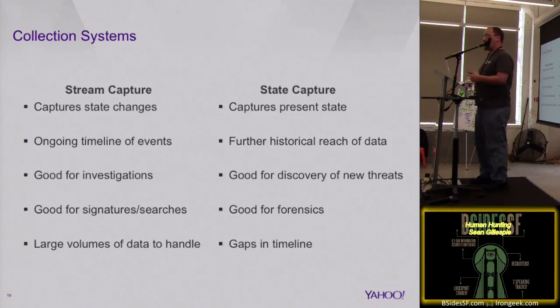It's also really good for discovery of new threats. Some of the registry stuff I was talking about, being able to take the snapshot of the registry across fleets to see what is there, what isn't there, what the baseline looks like, and what deviations look like. It's excellent for forensics. Forensics is typically, you want a snapshot of what the system looked like at the time that